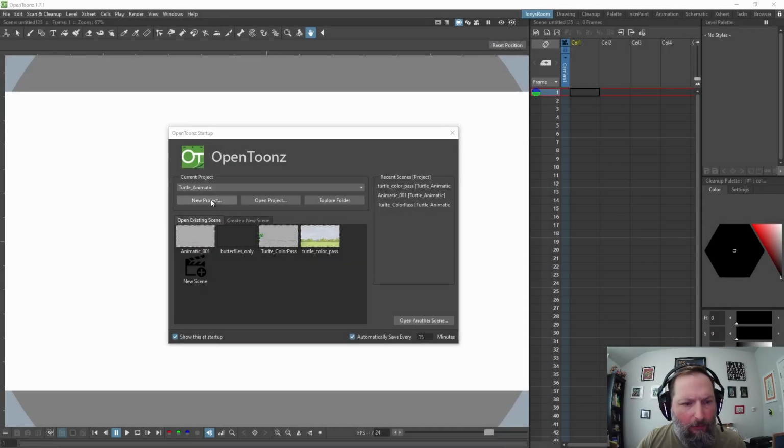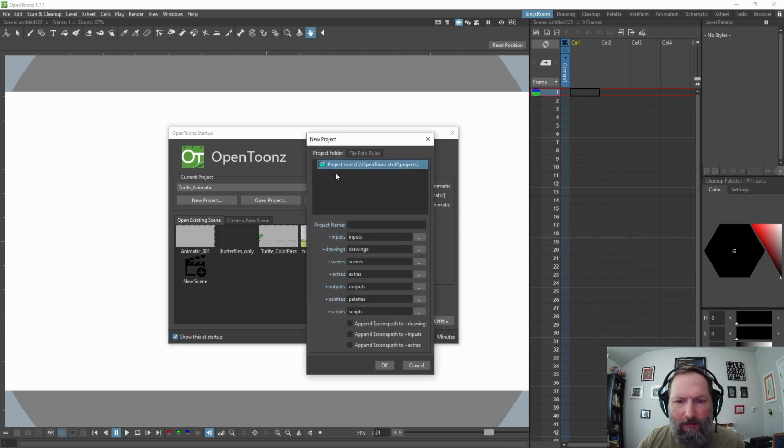Okay, so I'm going to create a new project, and I'm just going to leave this default, the project root, and I'm going to call this designing Stan, and that will be our character Stan. I'm going to append, and append. Okay, and this way if we create new folders, it will know where to put our drawings and everything that we create for this project. Okay, so I'm going to hit OK,